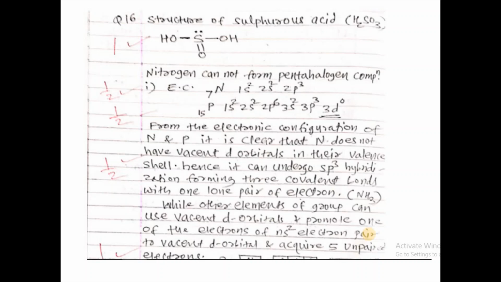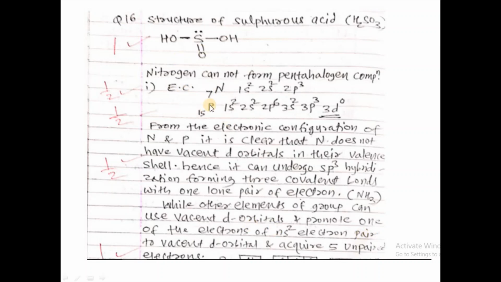You have to write two hydrogen atoms, and 2 OH groups are present on the sulfur, and the remaining oxygen is directly attached to the sulfur, and it will have 1 lone pair of electrons. It is not necessary to show the lone pair, but you can write OH, OH and S double bond O. This is the structure of sulfurous acid. Sulfuric acid has the formula H2SO4, sulfurous acid has the formula H2SO3, with 2 hydrogen atoms and hence 2 OH groups.